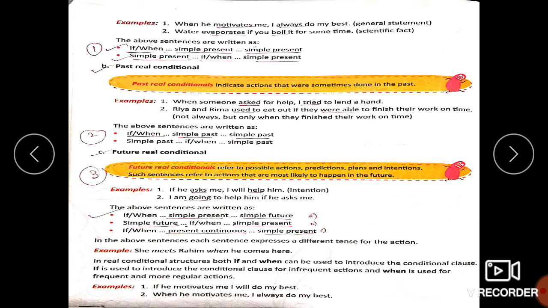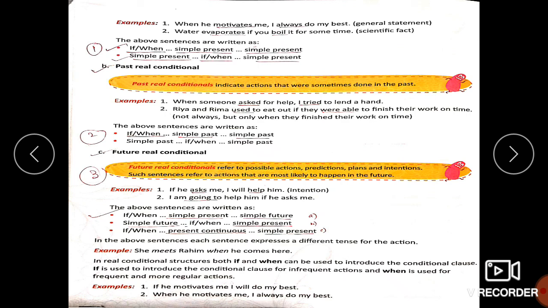Okay, I hope this was clear to you till here, children. Please listen to this explanation, and the next day when we meet in the interactive class, please be ready. Oh, this week we are not going, you're going to have your assignment. Next week you will please tell me all your doubts so that I can clarify all doubts that you have in this chapter. This chapter is extremely important, children, because conditionals are very important for the board exams as well.